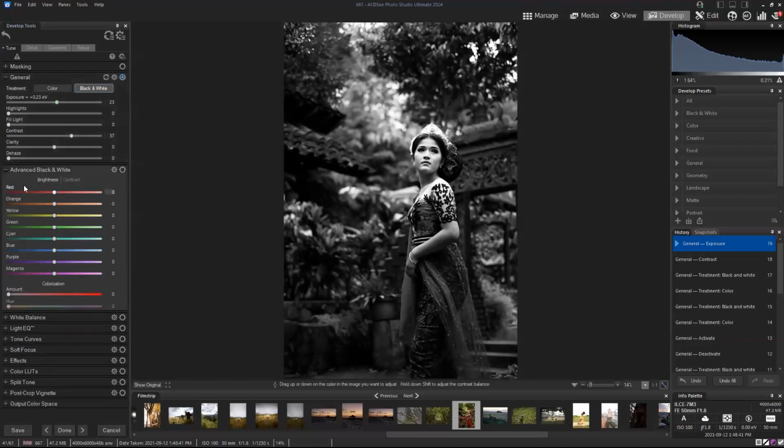Let's open advanced black and white. So this is pretty cool because, for example, the original reds in my image, I can change them by moving the sliders left or right. So remember the reds that we had in the dress and in the flowers back there? I can reduce their brightness. And so this is a pretty awesome way to affect the brightness of specific colors in your black and white